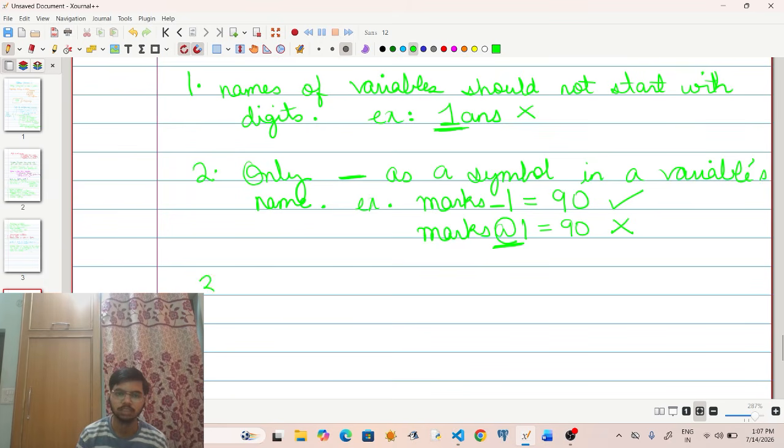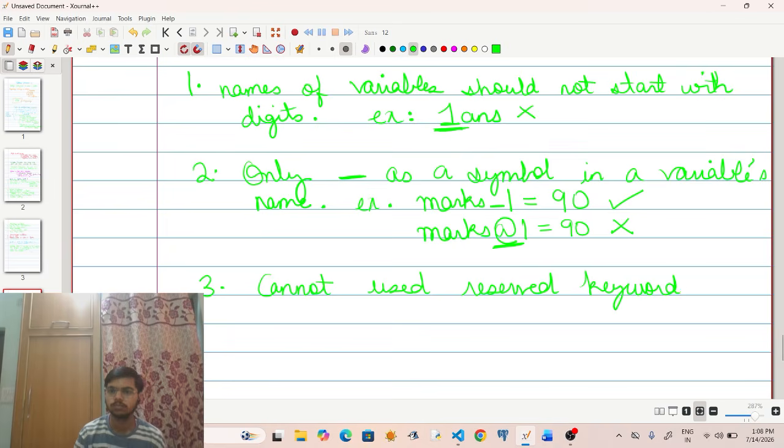Now the third rule is we cannot use reserved keywords as a variable name. Let me explain.